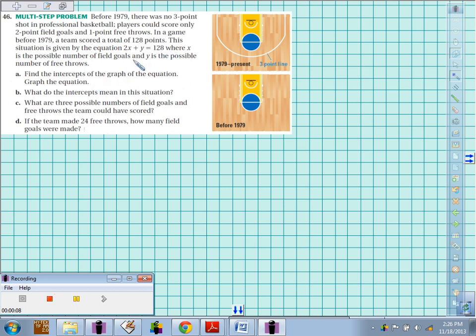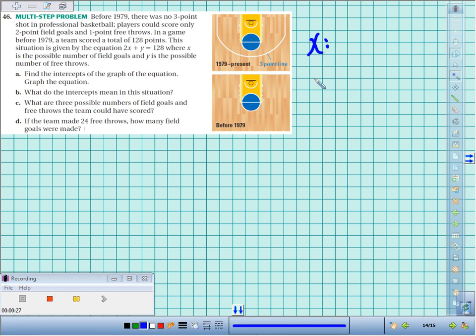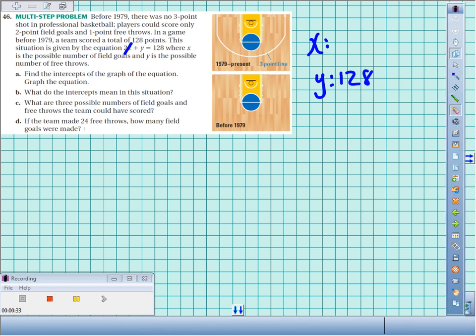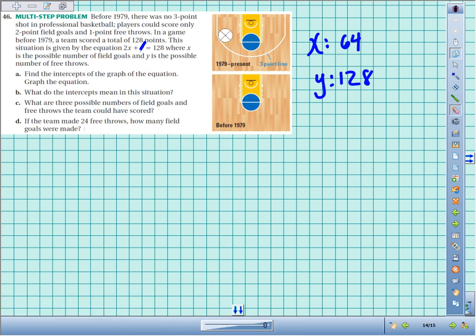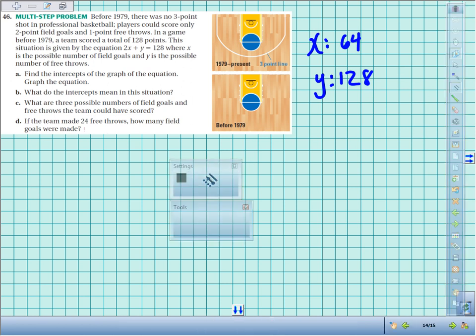Find the intercepts of the graph. Okay, x and y. Well, if I make x 0, I get my y-intercept is 128. If I want to find the x-intercept, I make y 0. 128 divided by 2 is 64. Now if I graph that equation,